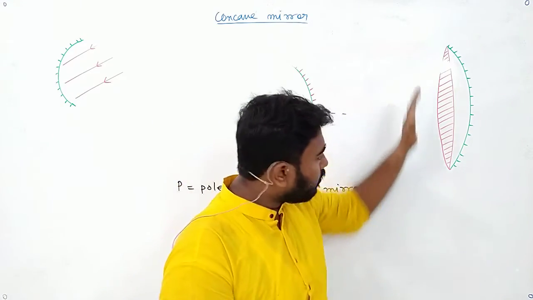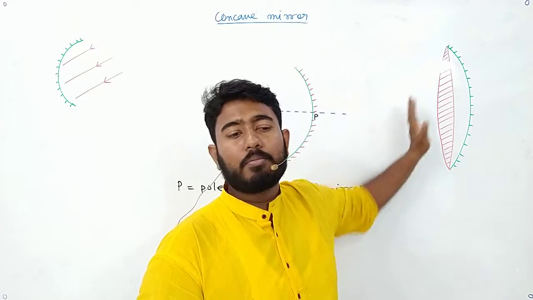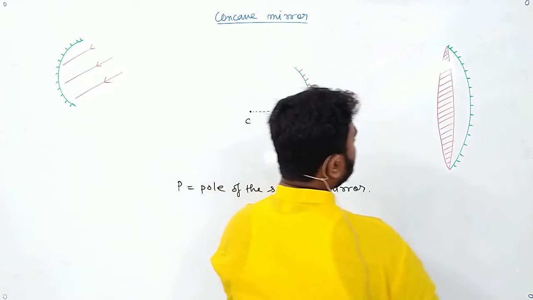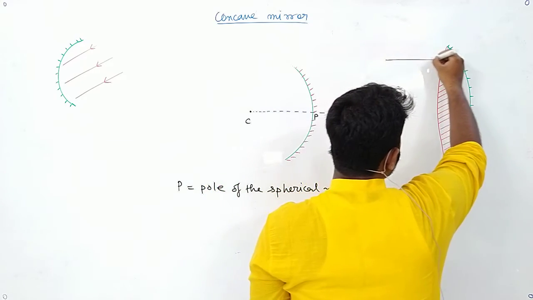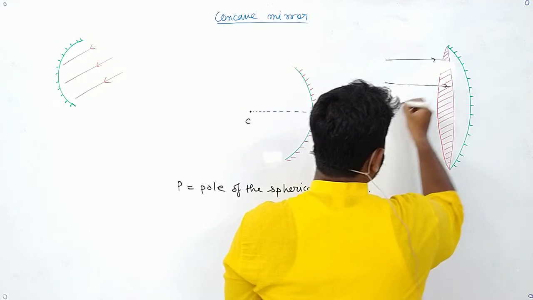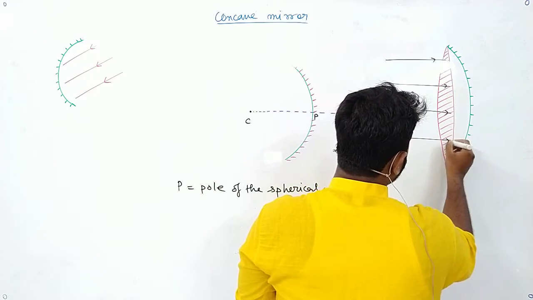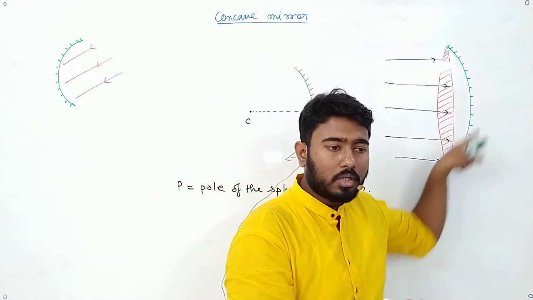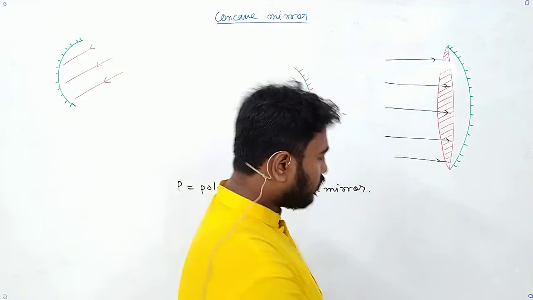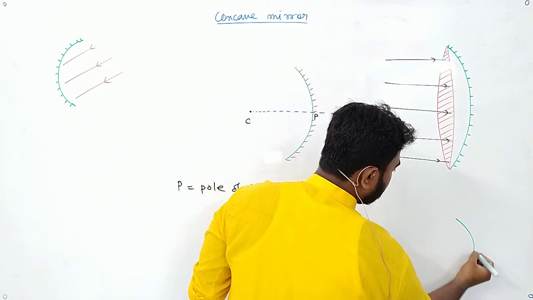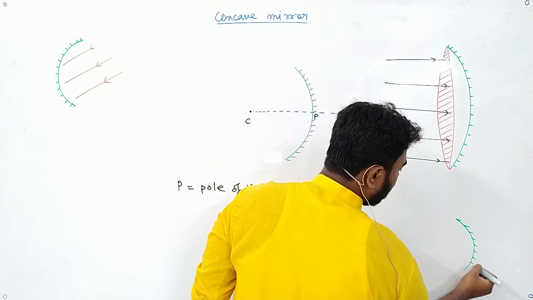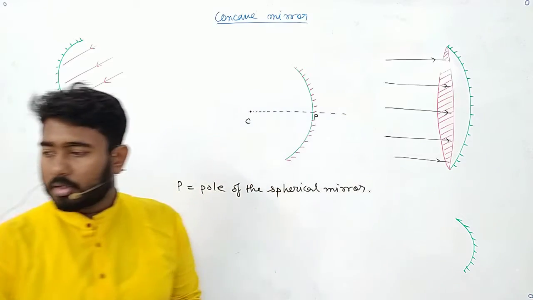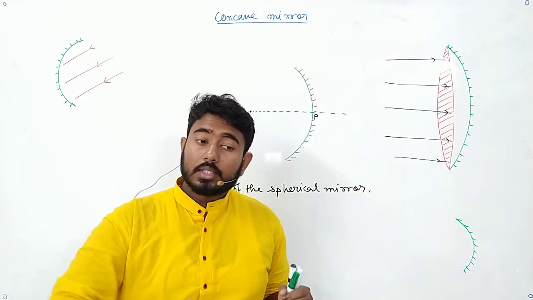Now this plane portion is actually the aperture of the mirror. Is the idea clear? This plane portion is actually the aperture of the mirror, because if any ray falls, that ray has to pass through this plane surface. Is that clear? So if we have a smaller mirror, it will have a smaller aperture. Suppose we have a small mirror like this. The shaded red portion is plane. It's like a circle.